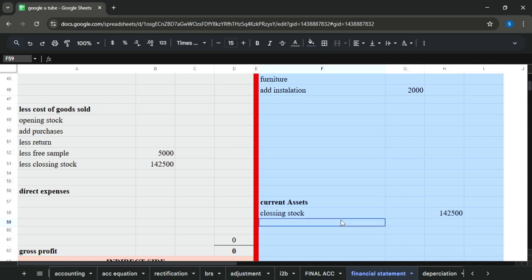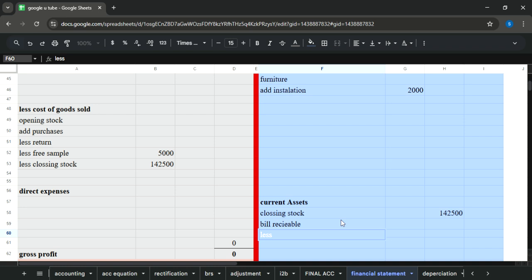Just come over here. We'll see bills receivable. Then we will subtract irrecoverable, or they might be considered as bad debts. The amount of which we have decided is 750. Alright guys,